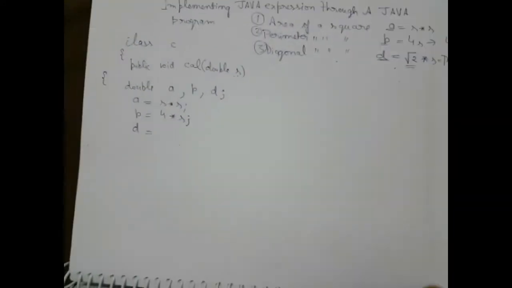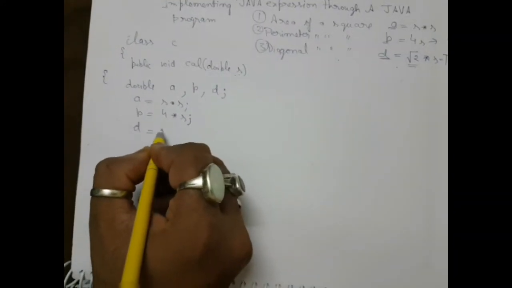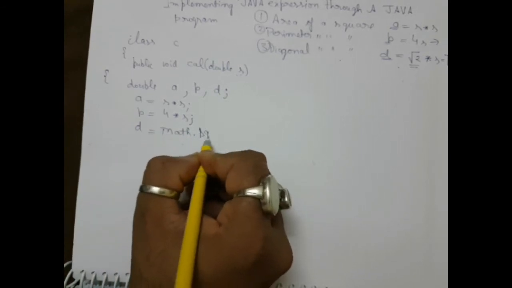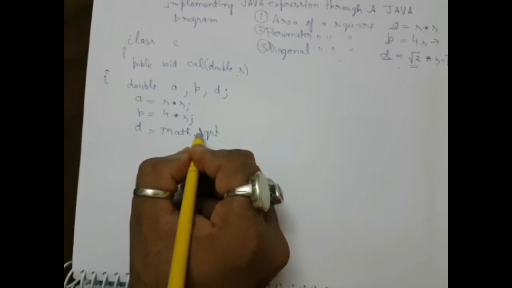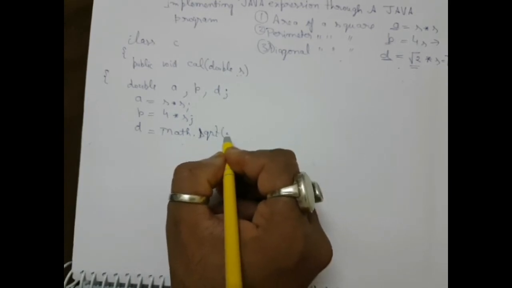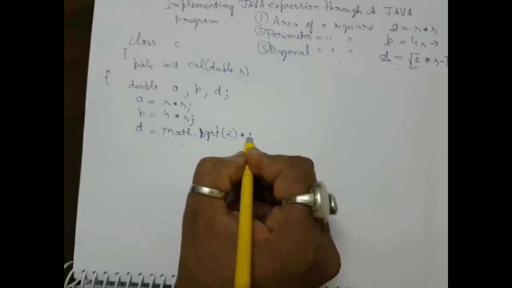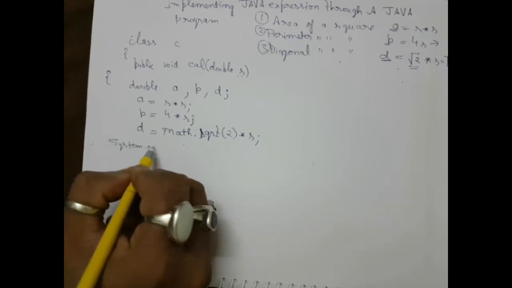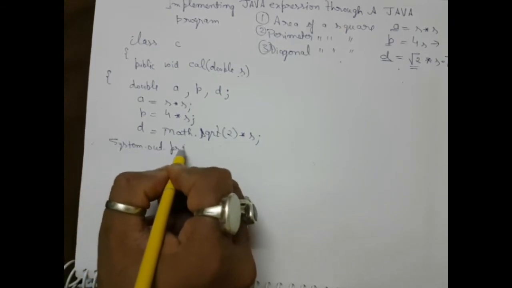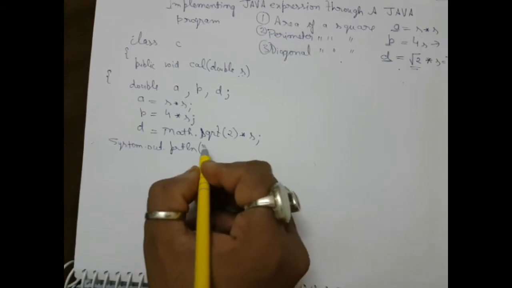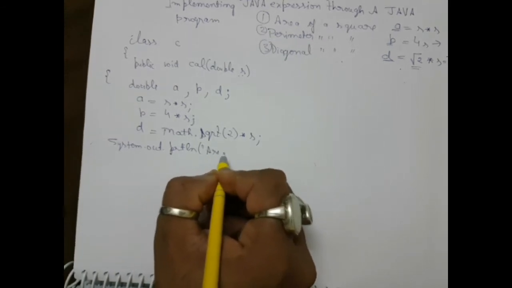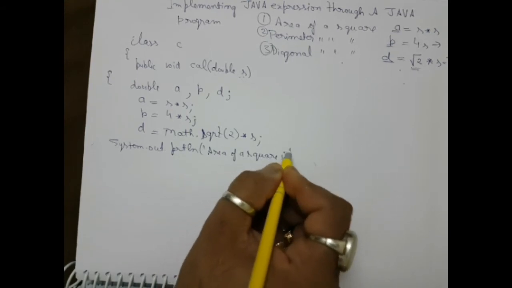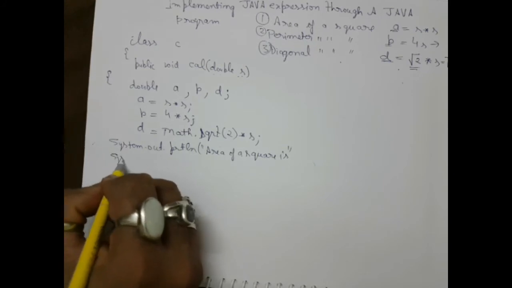So this is what I have to do here. I will write the same expression here. I will write Math dot sqrt, it's small letters, all of these are, and here I pass what? 2 asterisk s. And now students, I can simply print System.out.println, what is there? Area of a square is, okay.